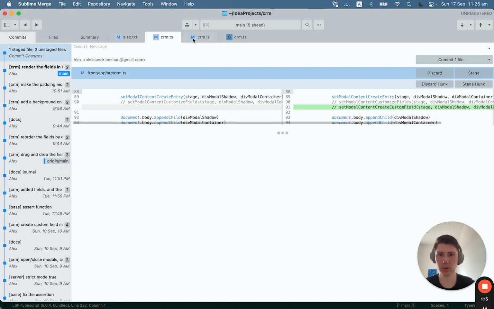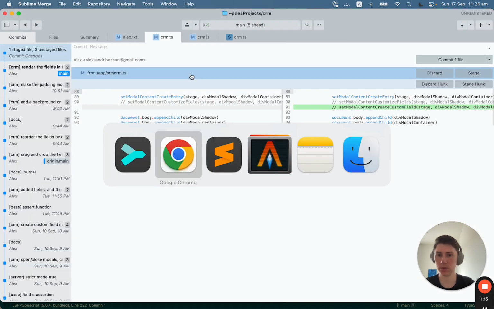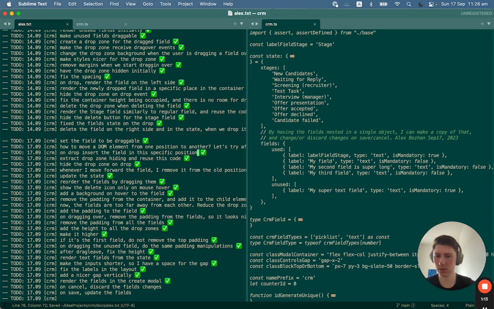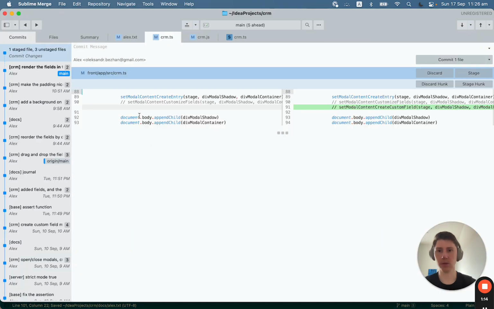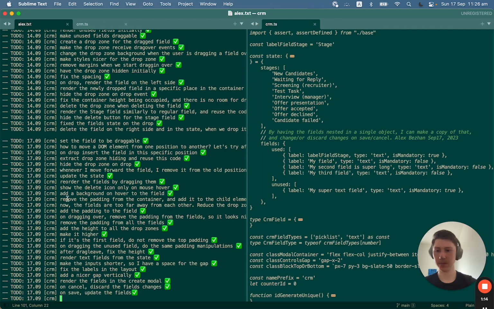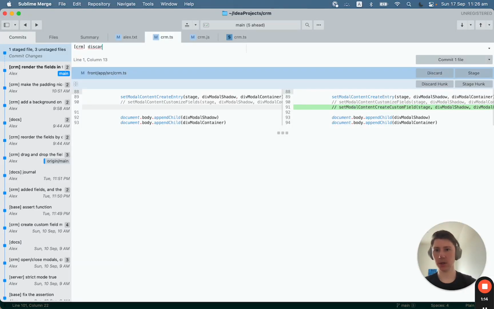That's pretty much it. Okay, cool. So let's call it discard or save the changes properly in the state